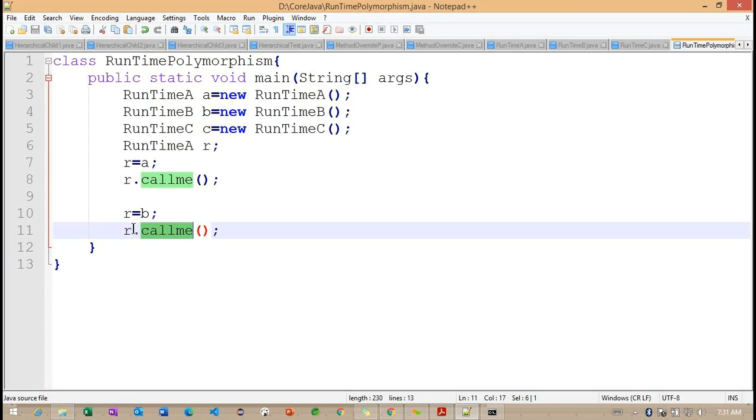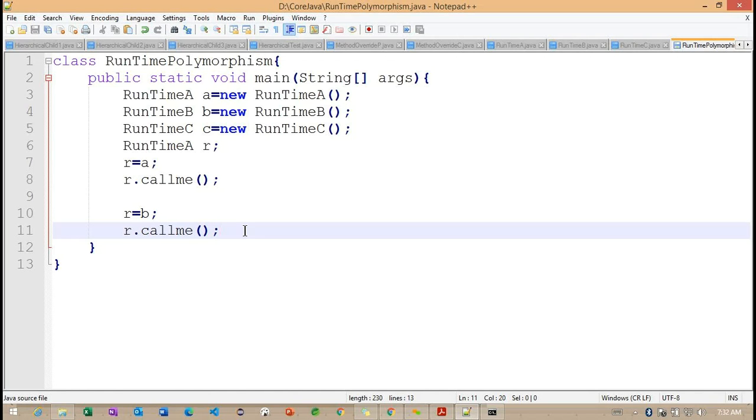Getting the point. Now we need to think: even though the reference is a superclass reference, the method being called is the subclass method. Why is it calling the subclass method? Here the compiler is deciding at runtime whether the subclass has the method or not. If it has the method, the subclass method is going to execute. This is important, we need to understand it. Everything is handled by the runtime. So we are calling subclass behavior with a superclass reference.